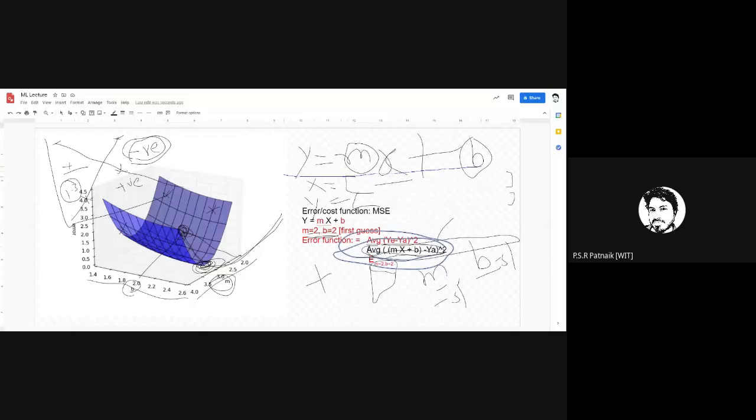But remember, we are not calculating the slope of this. We are calculating the slope of this highly complex, well, I'm using the words highly complex, but there are far more complex curves than this. So for this complex 3D surface, which is now governed by two factors, I want to calculate the gradient. What is that mathematical concept which gives you the gradient of a surface of any dimension? It could be 1D, 2D, 3D, 4D, or any high dimensional surface. What is that mathematical concept which gives you the gradient at that point?